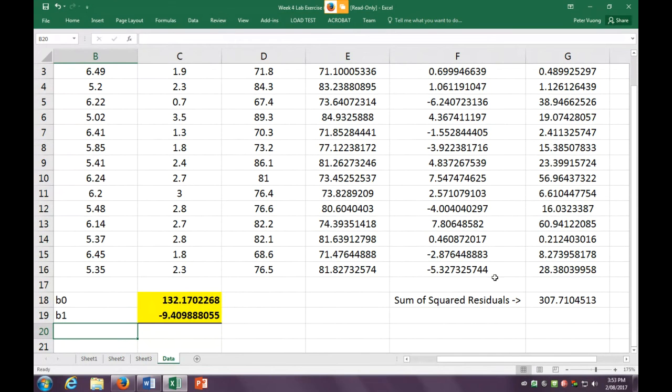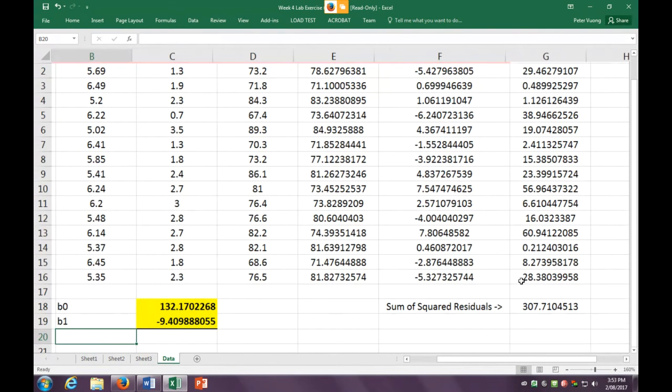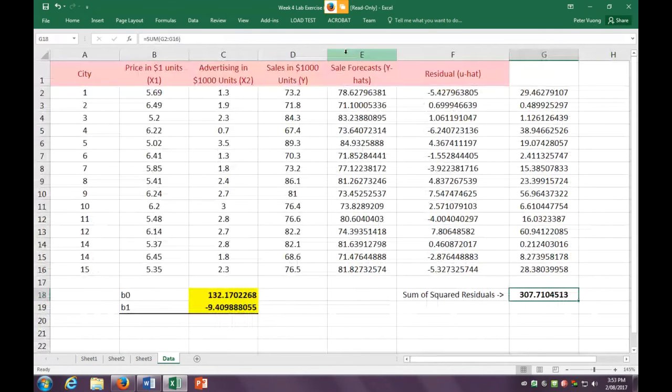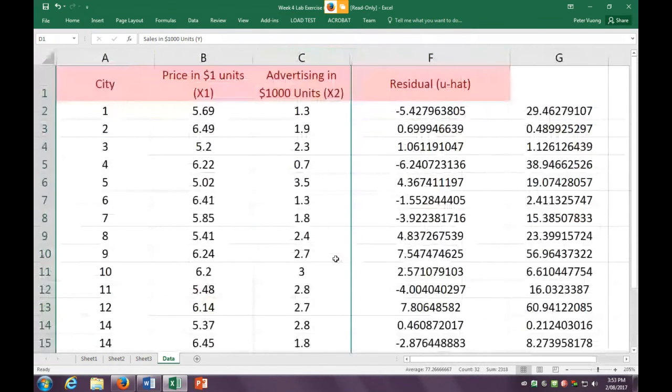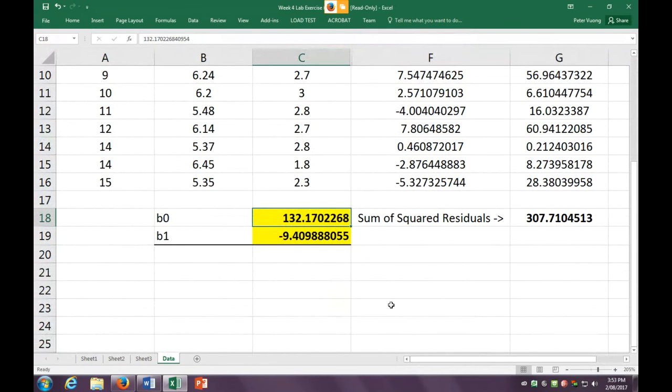Now, the reason why I want to show you is since we're in the lab, it's nice and handy. We're going to try this out really quickly. So I've done it in such a way that all the formulas will automatically update, and we can play around with it. And that number, remember it, 307. What number is it? I can change